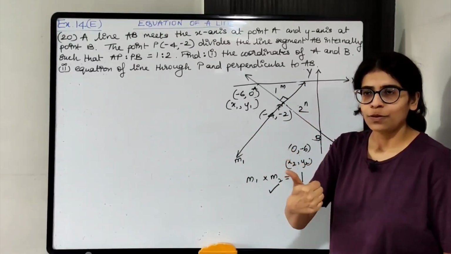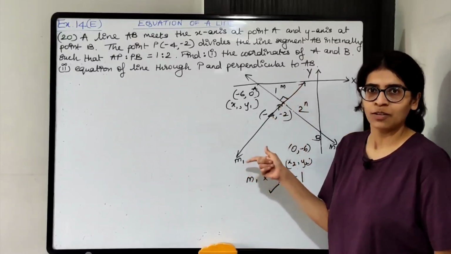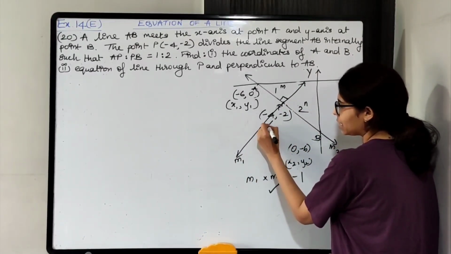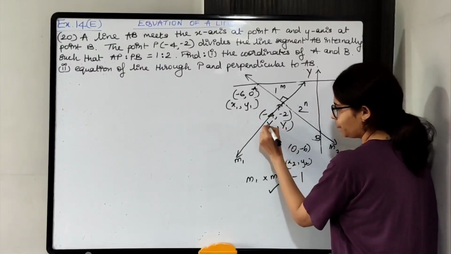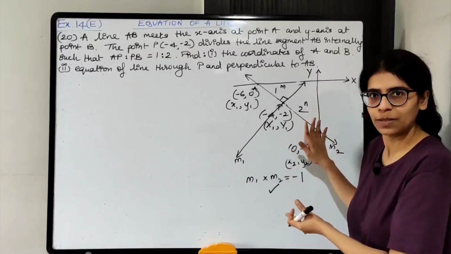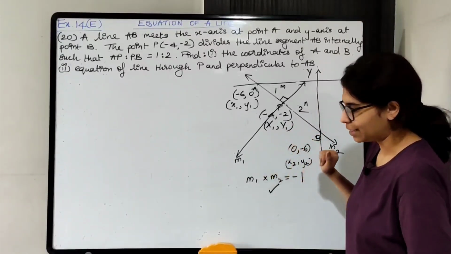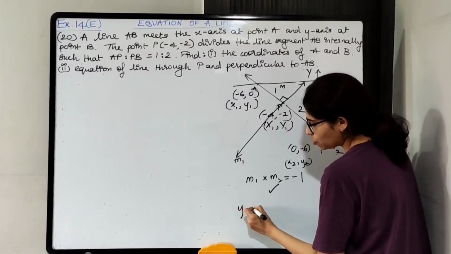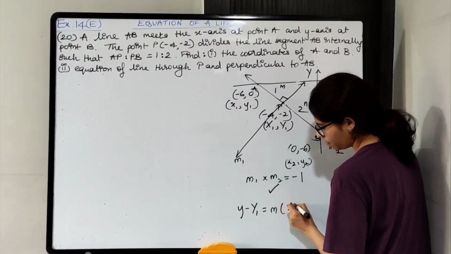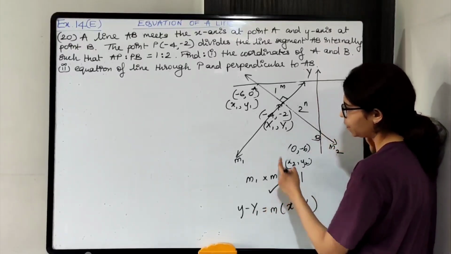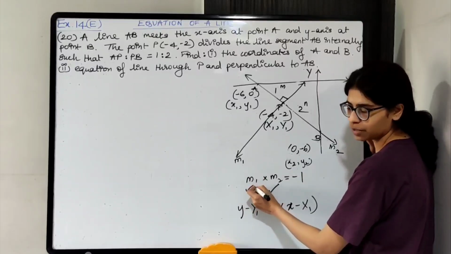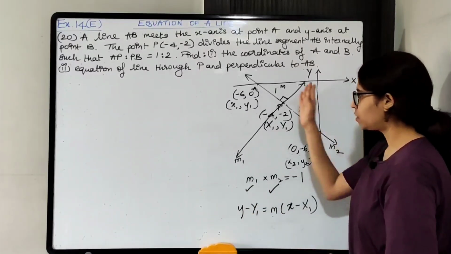You have the slope, you have the coordinates of point P which is lying on the line. You can easily frame the equation. Take the coordinates of P as capital X1, capital Y1, because we have used x1, y1 over here. So I would suggest that. You can use them normally also, it does not matter. So what will the formula of the equation of the line be? Put X1, Y1, and the slope will come from the slope of AB. So m1 will be found. Put the values and you will get the equation of this perpendicular line.